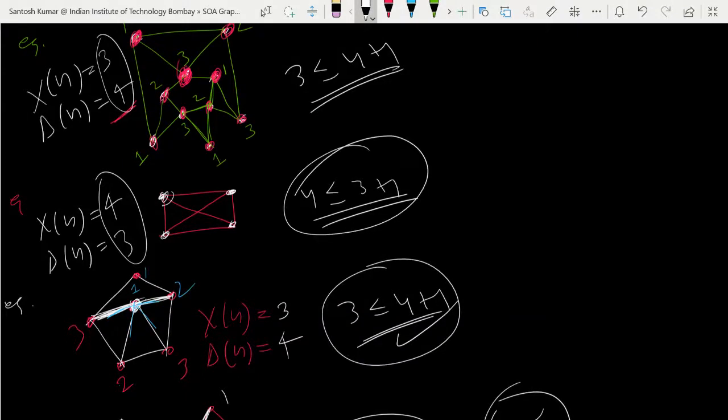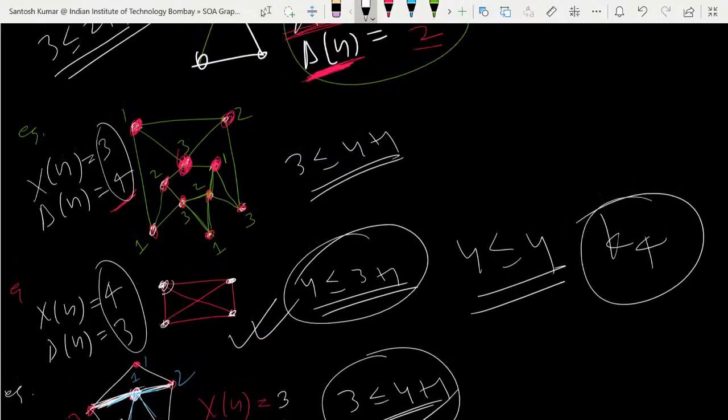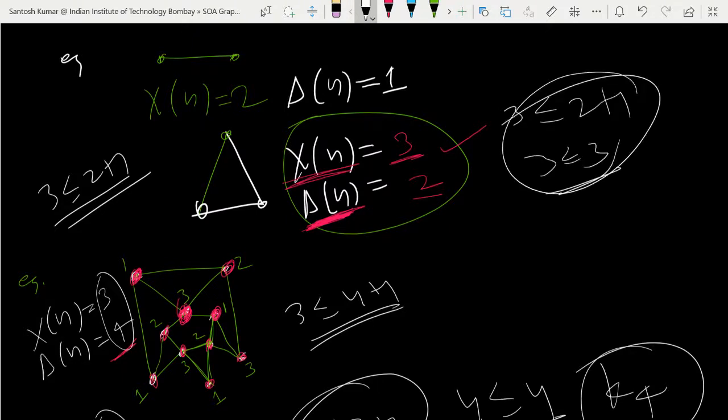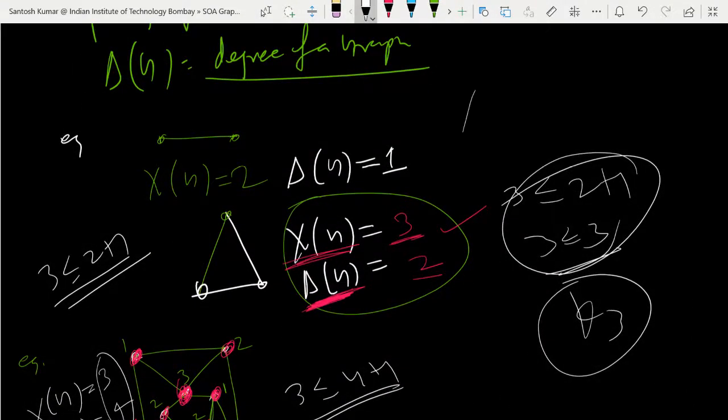Look here, 4 is less than or equal to 4. So this is K4, and at K4 equality is achieved. Then again you can see here, K3 also will be the same. So 3 is less than or equal to 3, so here it is again achieved in case of K3. Here also achieved: 1 plus 1, means 2 is less than or equal to 2. So what is the conclusion?